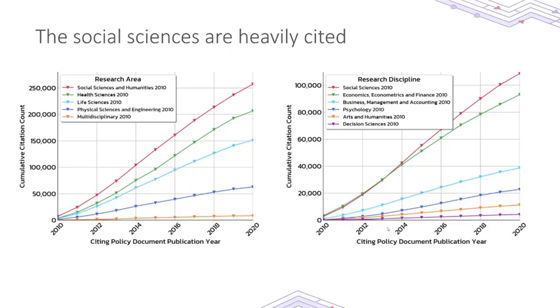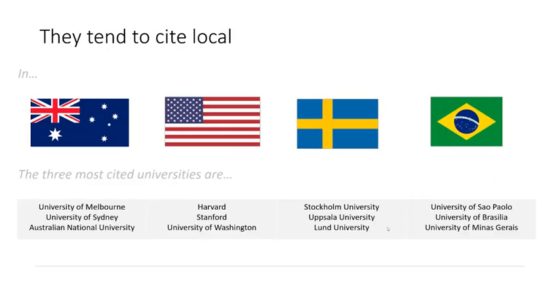That said, some parts of the life sciences especially are still cited a lot. If you think about public health, for example, during the COVID-19 pandemic, obviously lots of lawmakers and policymakers were basically citing medRxiv and other medical journals. So it does absolutely still happen, but it's the social sciences that tend to come out on top.